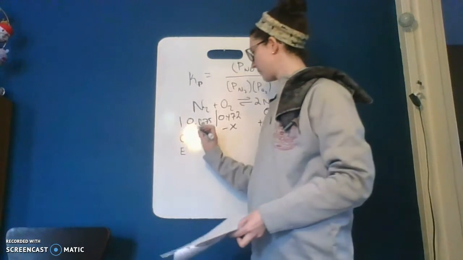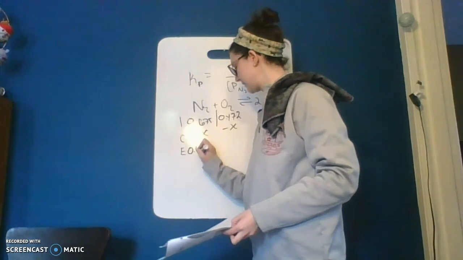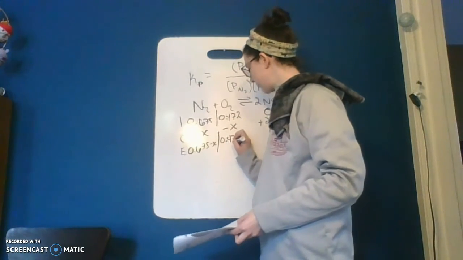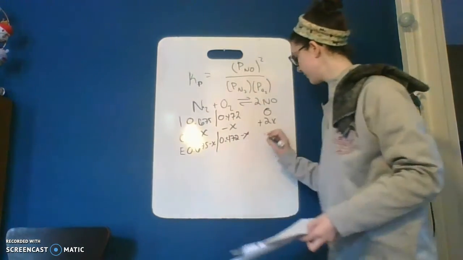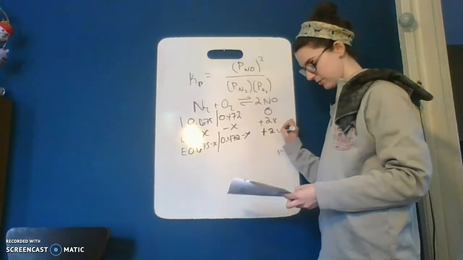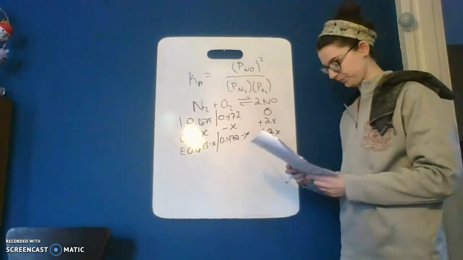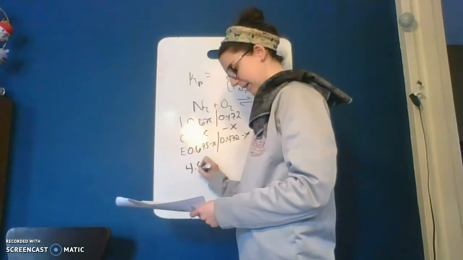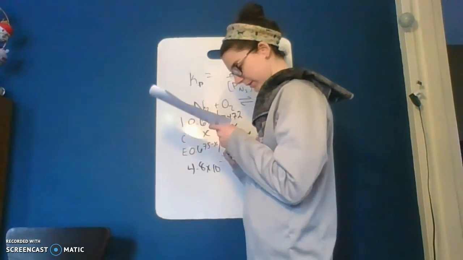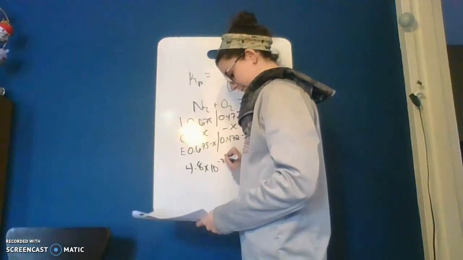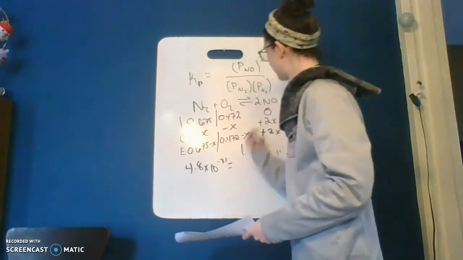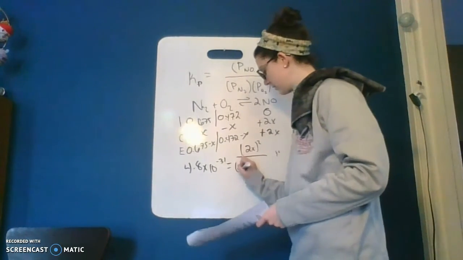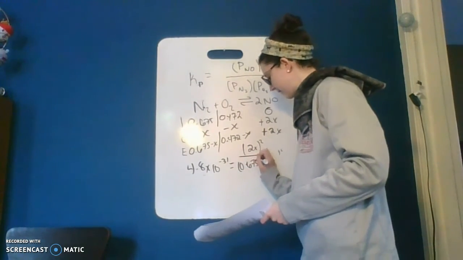At equilibrium, for N2, I should have 0.675 minus x. I should have 0.472 minus x for O2, and I should have plus 2x for NO. So again, if I plug and chug, I've been given a K value of 4.8 times 10 to the negative 31 equals 2x squared divided by 0.675 times